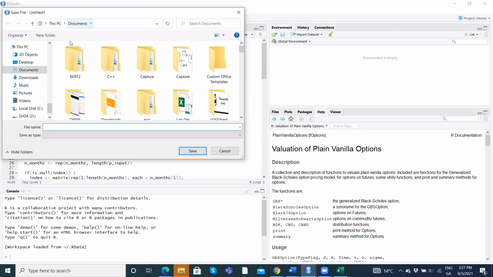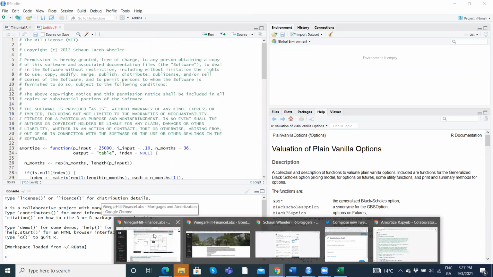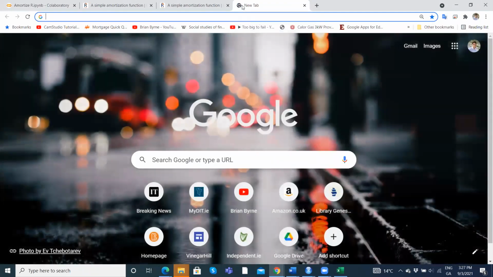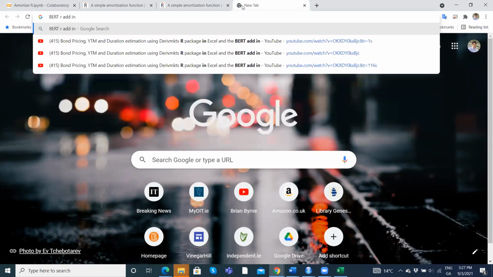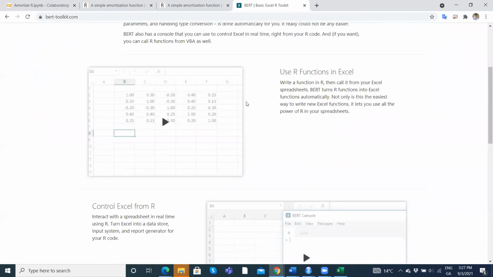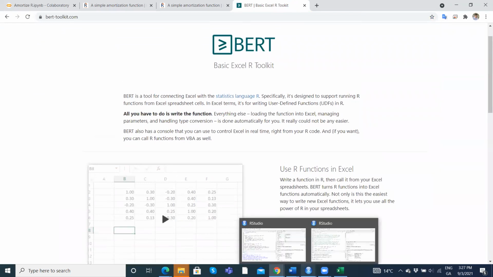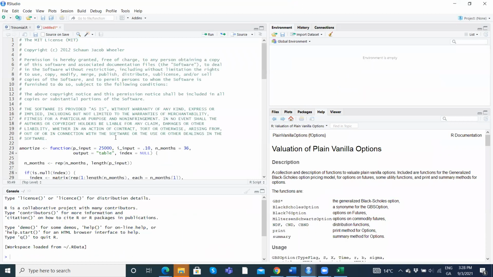And if we're going to save in the documents folder, it's probably worth noting the add-in that I'm going to use here is coming from the BERT add-in. So if we look for BERT or add-in, right, it's this add-in that we're going to use so that we can take our R function, save the R function into